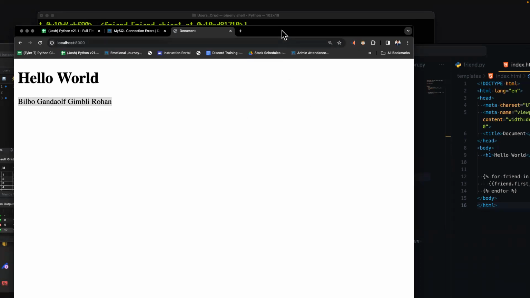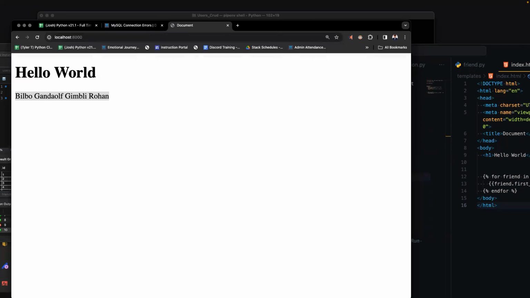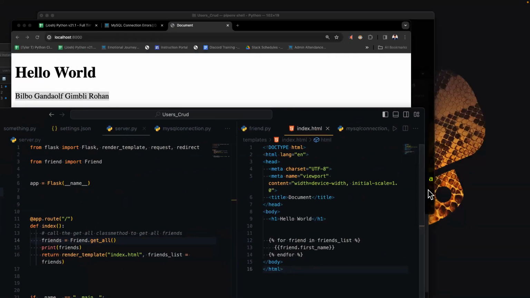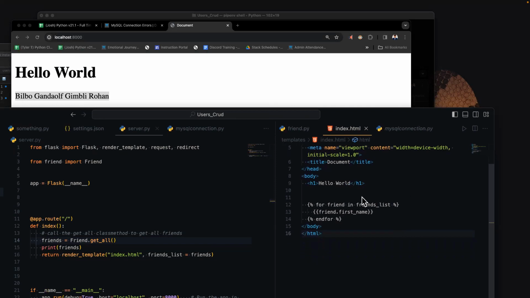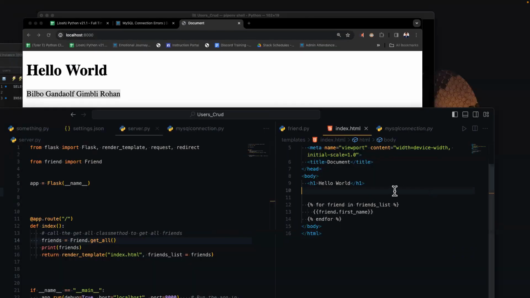All right, we want to see this a little bit more organized. So we're going to have to put this into a list or a table in our HTML. So let's go ahead and create an HTML table within this for loop in our HTML. So let's go here. And I'll say table, or let's see here. I'm gonna just work around it for a second. So I'm gonna say table, and I'm gonna say table head